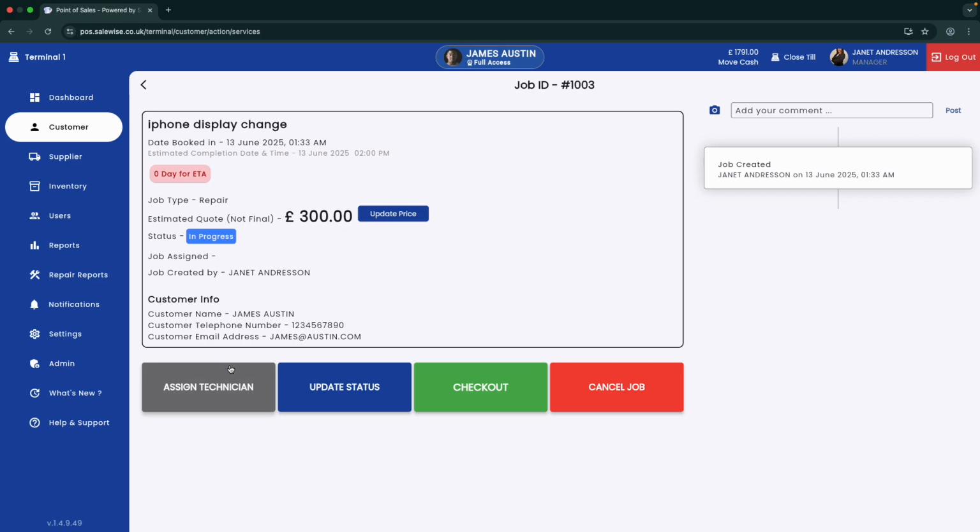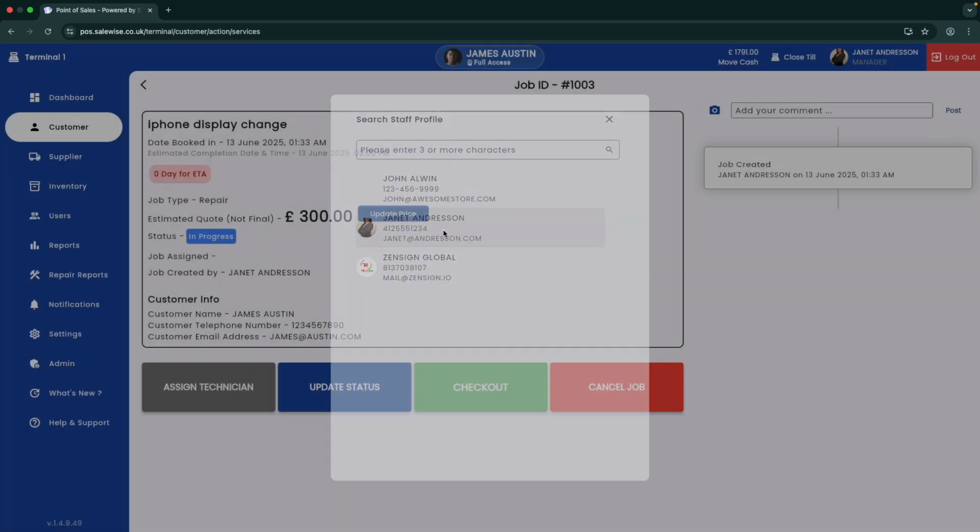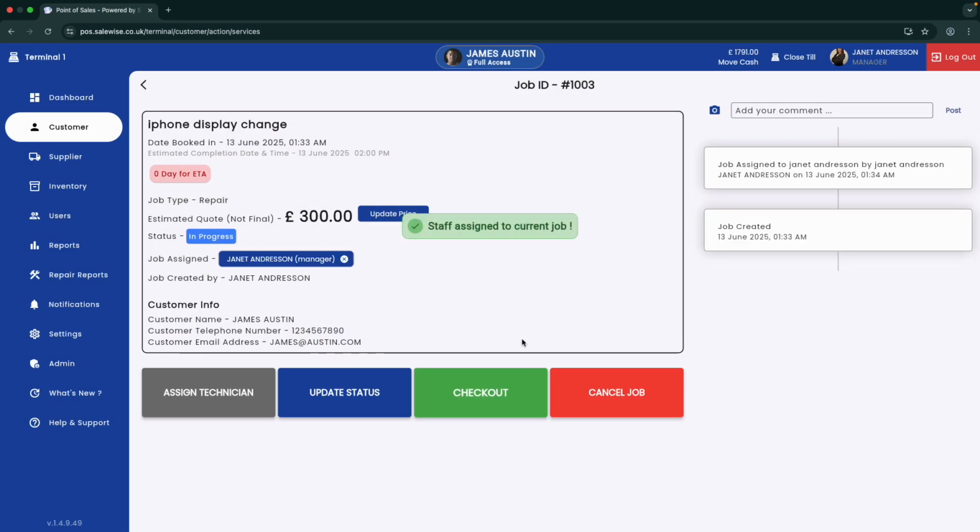If you click on checkout now, you have to assign at least one technician or staff to the job. To assign a technician, we're going to click on assign technician, and we're going to assign Janet for this job. And you can see the timeline gets updated and Janet is already here. Now after staff is assigned, you can go ahead and check out the job. For that you can click on checkout,